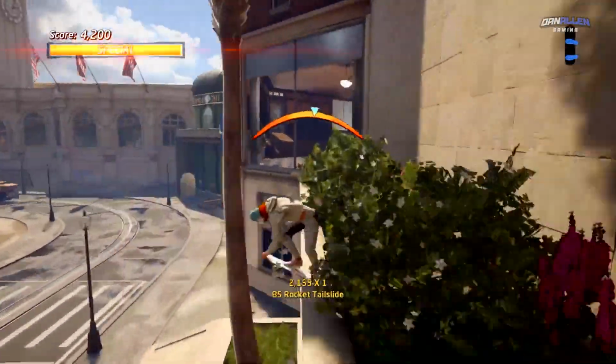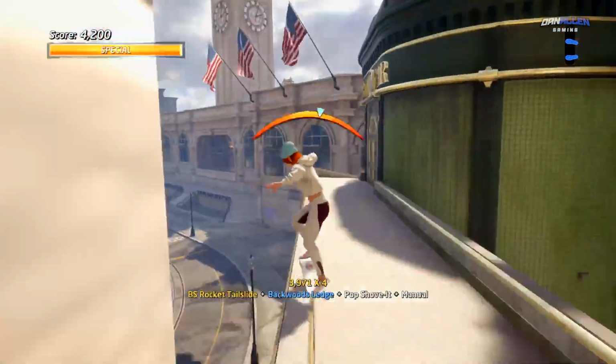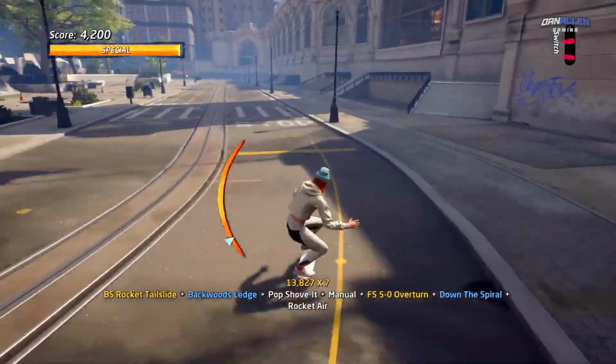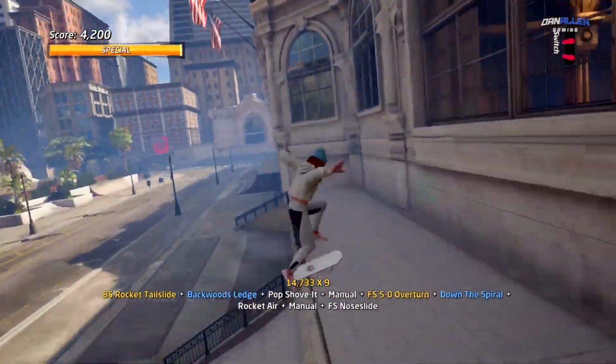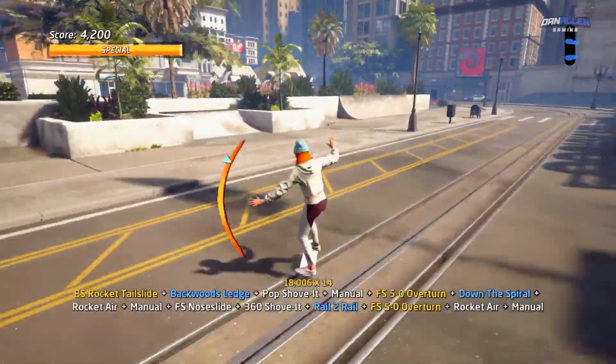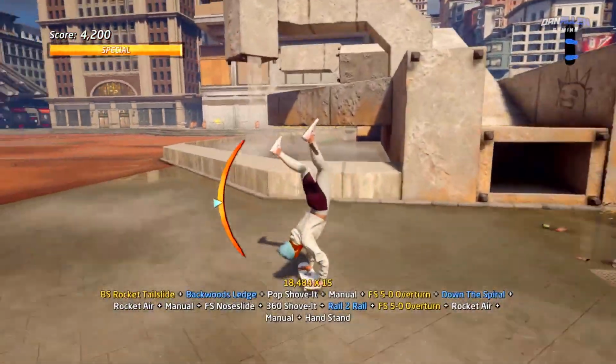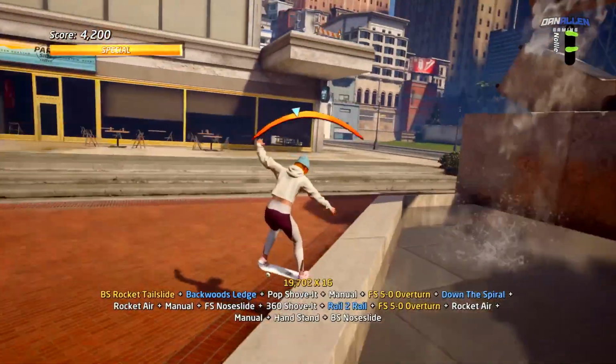And what's this stage? Streets. Grind that kicker, come down this spiral. Manual across. Yeah, see what I mean? Holding the manual as long as you can, there's more chance of it dropping. Come around here, grind this ledge, and that's the...